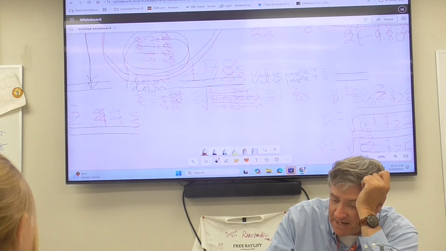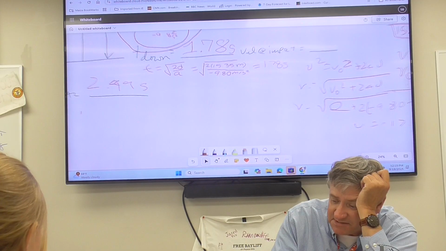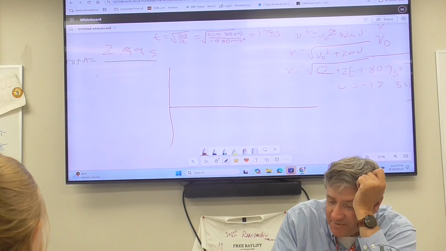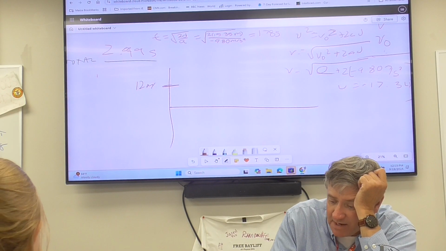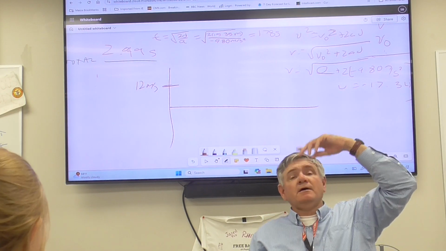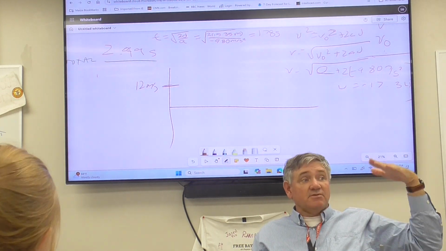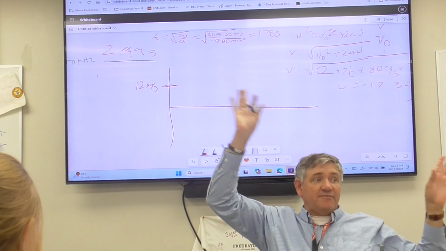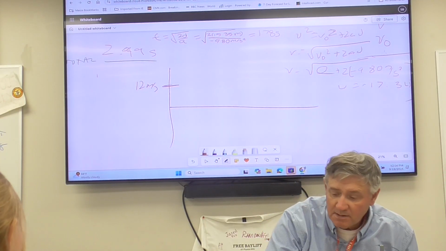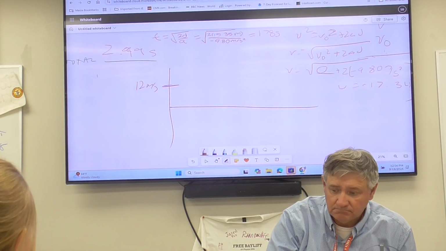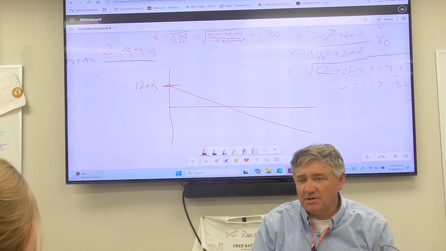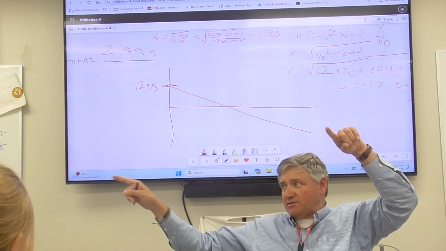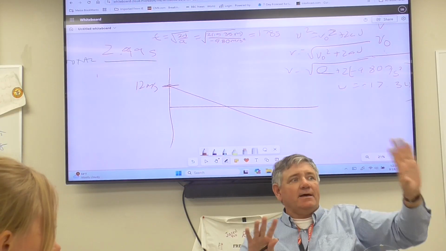On your velocity time graph, now this is in contrast to the rocket problem. You're going to start it at whatever velocity you're going to throw it at. You're not going to start this one at zero like you did on the rocket problem. That's when you're going to start the analysis. So what's the graph going to do? Boom, a straight sloping line. If you draw this graph and you feel the urge to curve it or make it look like a triangle, bad.